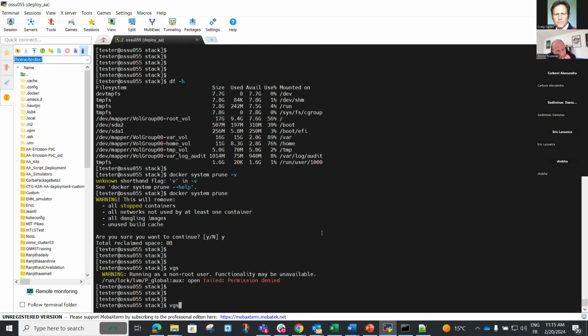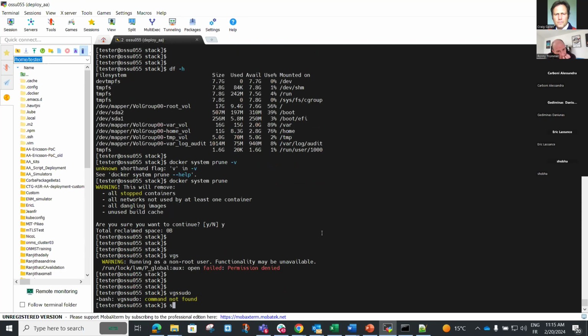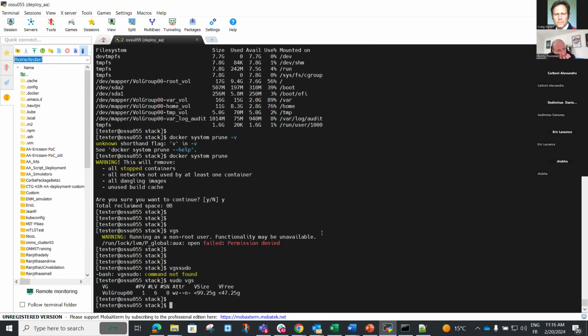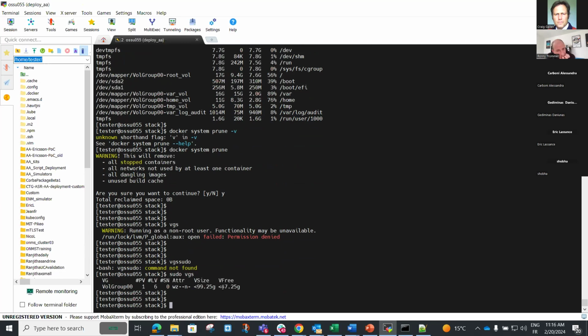Yeah, 16 gig is definitely not enough. You need to make that definitely bigger. Okay, I have some disk available, so I will augment the partition. Thanks for your input. I will add at least 5 gigabytes for /var.